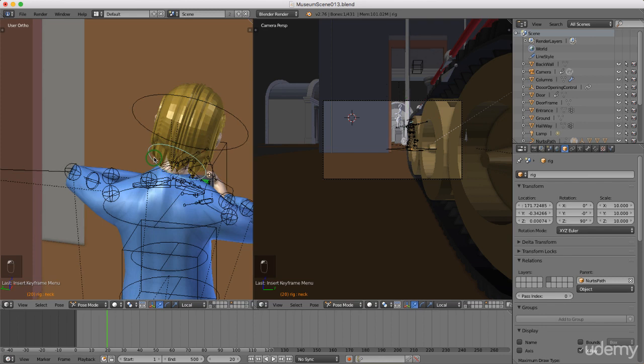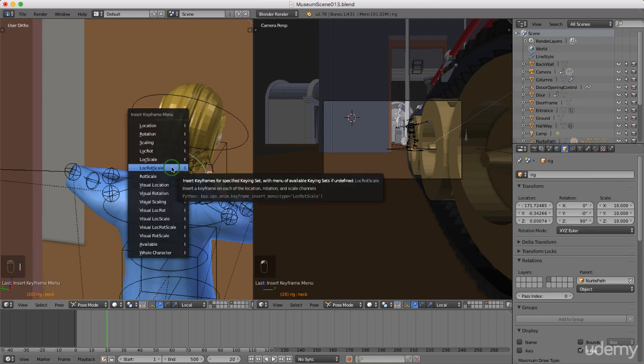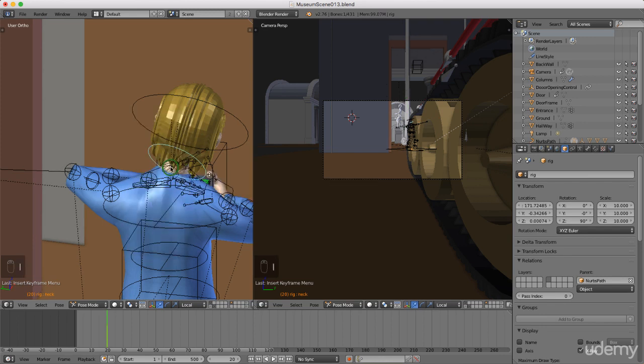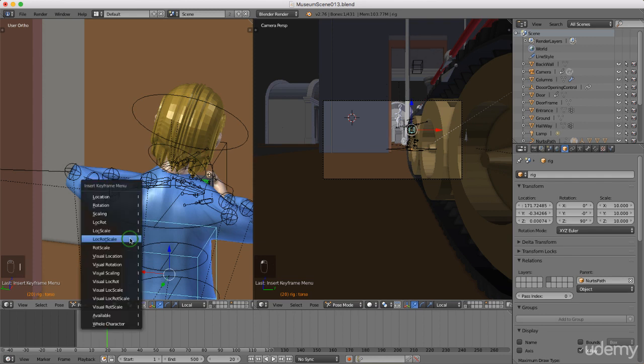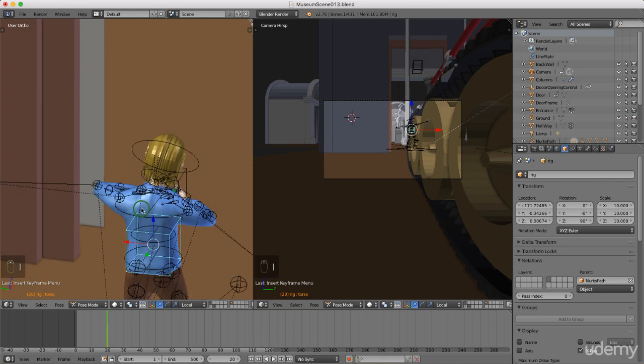I'm also going to do it on his neck. So I'm going to press I, location, rotation, scale. And I'm also going to do it for his torso. So I'm just going to left select this and press I, location, rotation, scale. Now I'm just going to scrub on to